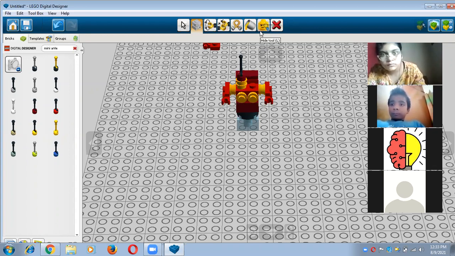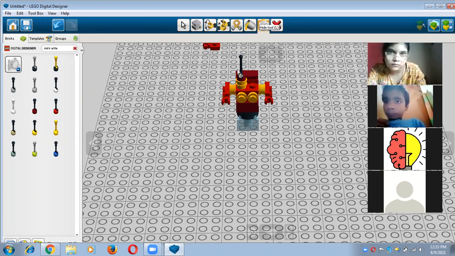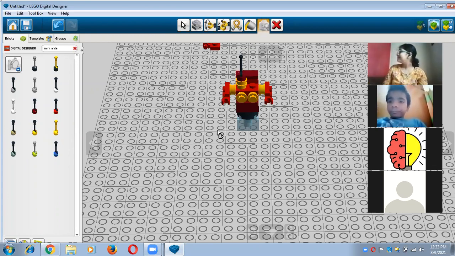So I just use paint tool. I have already learned their uses. Nothing is new for me. So I know very well what are the use of paint tool. By the help of paint tool, I can change the color of eyes of this mini robo structure. So just click on that. Okay, give me 1 minute. Oh, it's hide tool. It's not paint tool. So unhide my item. And now I'm just clicking on paint tool.